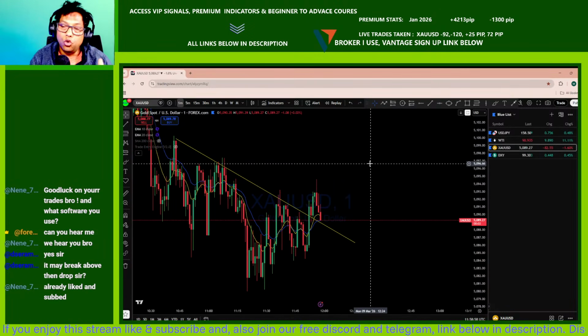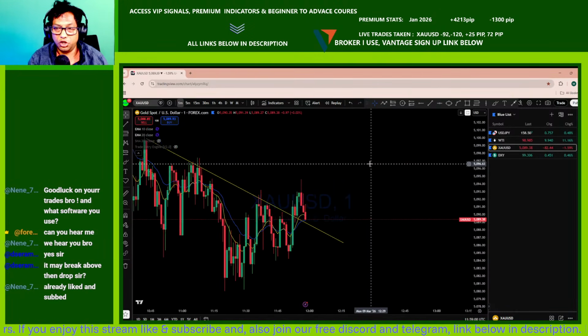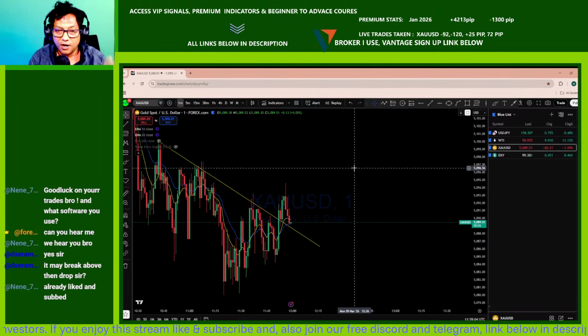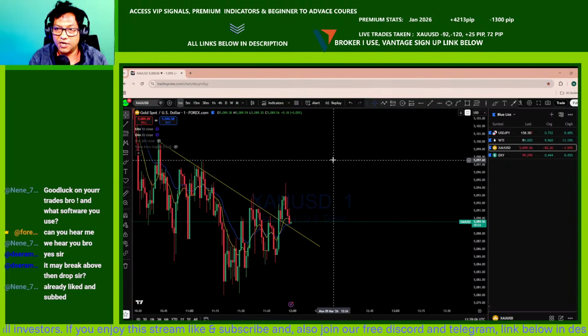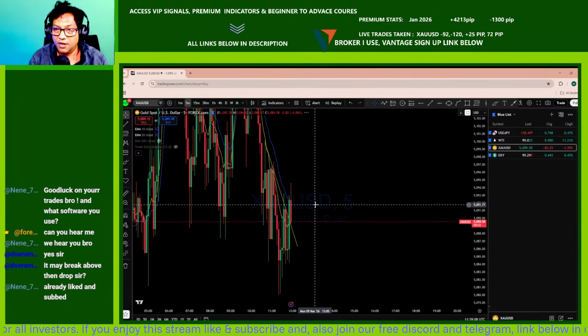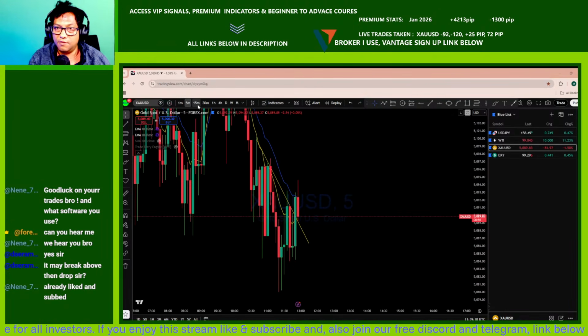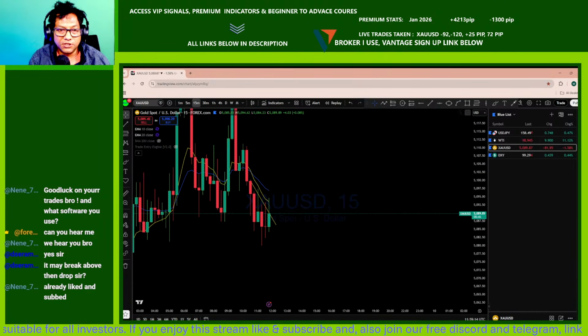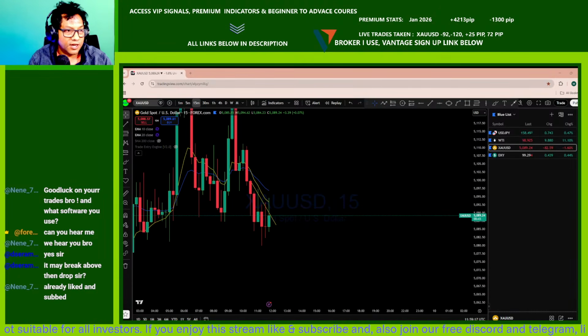The key here is to look for the major direction of the trend. Currently, because there was a daily drop earlier, we are looking to see the market remain in a downtrend here. And the 15 minutes candle is closing in a few minutes, and we can see the market is in this downtrend here.